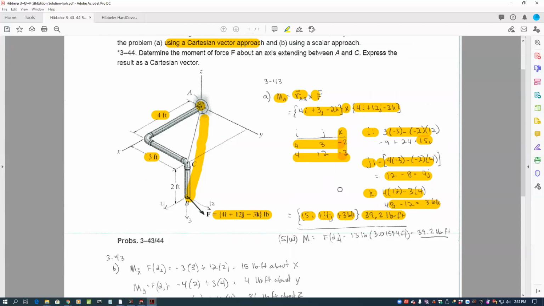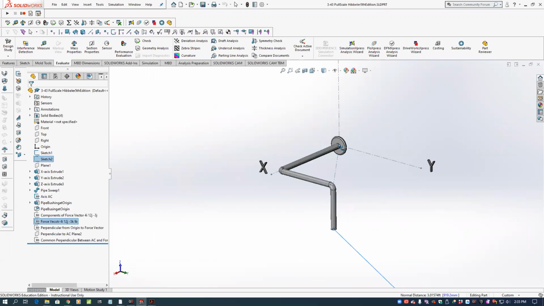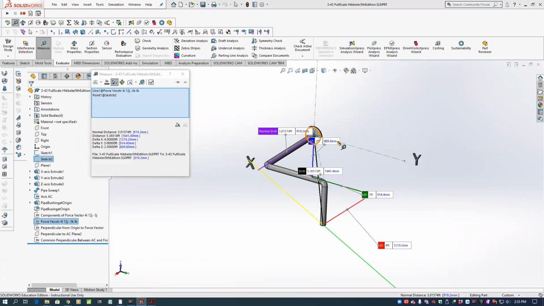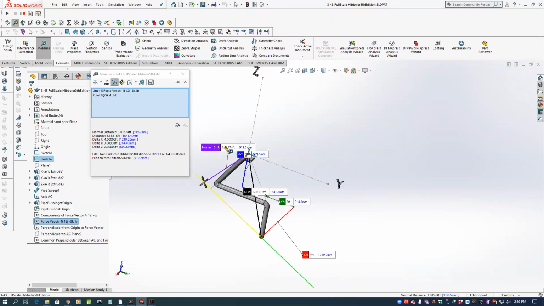If we check our answer, so we can have a greater appreciation for what the cross product does, we can use the force times the perpendicular distance. That's a concept that's easy to visualize and understand in 2 dimensions, a little more difficult in 3 dimensions. So if we use the CAD system and create the same geometry as a 3D model, we can ask the system, what's the distance? If we query this, come up here with measure, the distance from the origin down to this force vector, there's the normal distance,